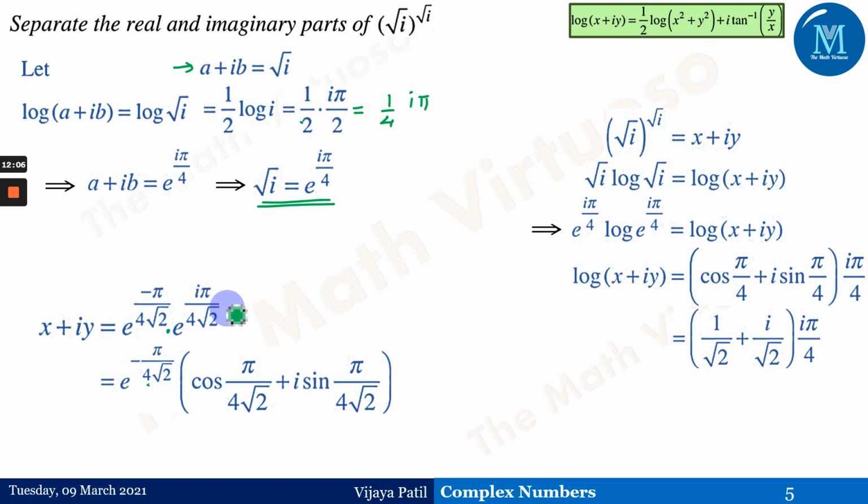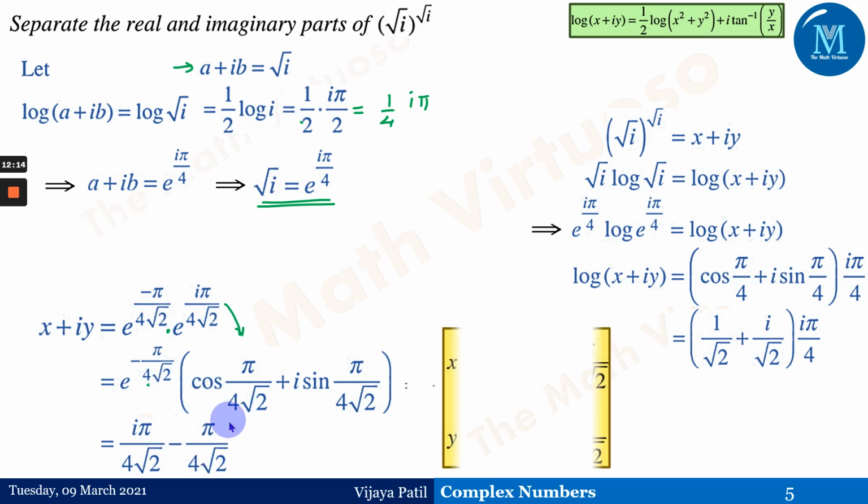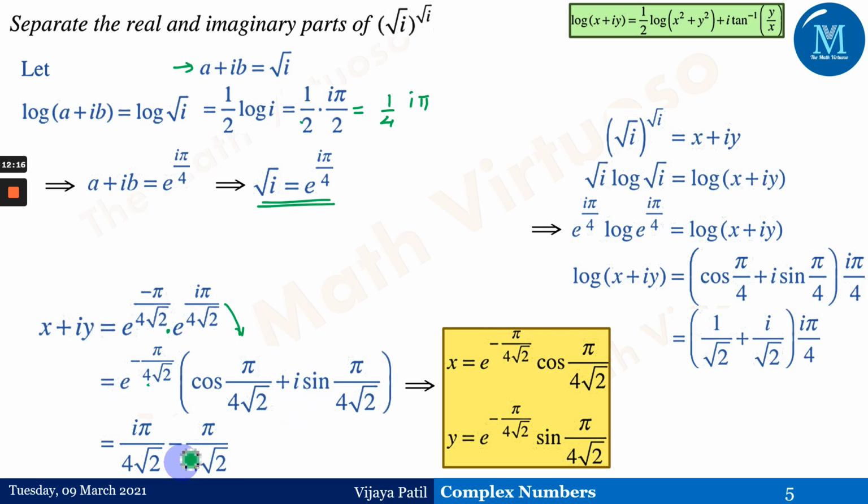So that means we are just getting back to the polar form from exponential to polar, and therefore after multiplication over here we will be getting something like this. And therefore, if you just go by equating the real, because it's x plus iy being given to us like this, and if we just equate the real part and the imaginary part of these two complex numbers, then we'll be getting x is equal to e to the power